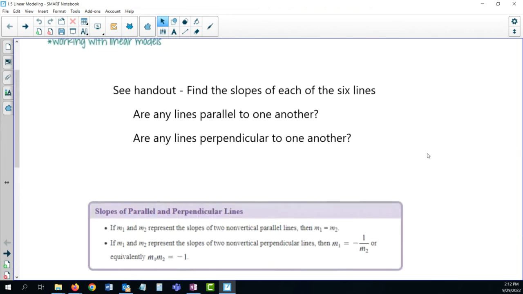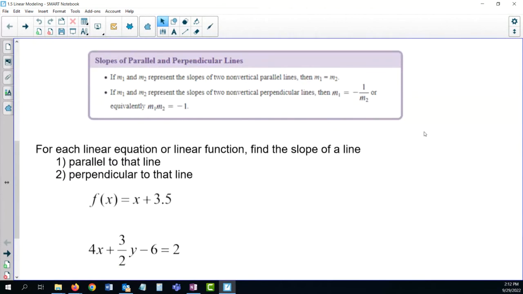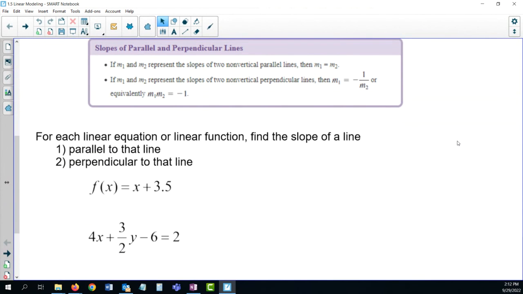So let me show you really quickly what this is after. Ignore this top for a second. We'll come back and deal with that next time. If I have a line and I want to find another line that is parallel to it, those two lines have to have the same slope. So if slope 1 and slope 2 represent the slopes of two non-vertical parallel lines, then m sub 1 is equal to m sub 2. If the slopes of two non-vertical lines are perpendicular, then m sub 1 is equal to, this is the opposite